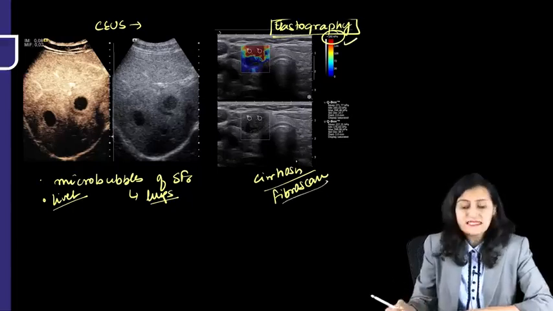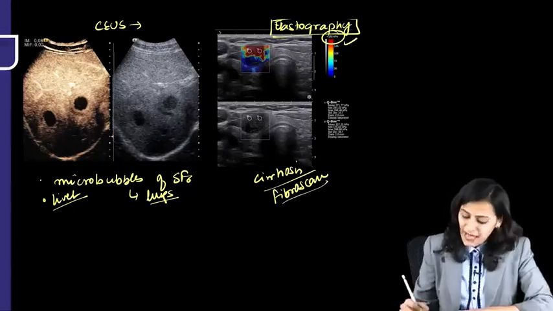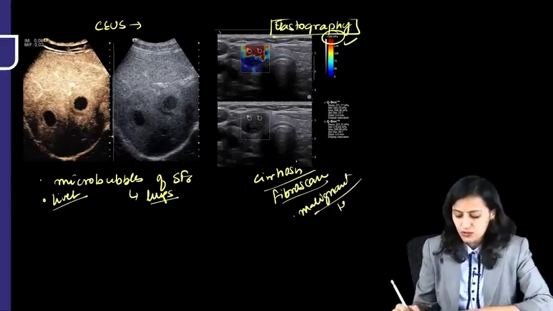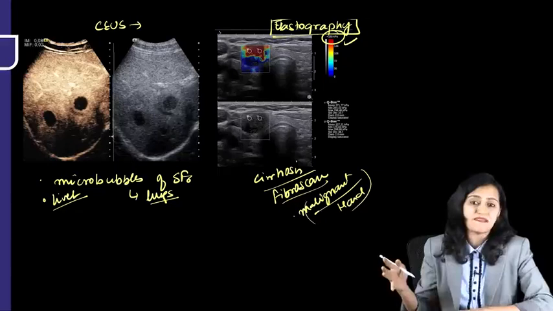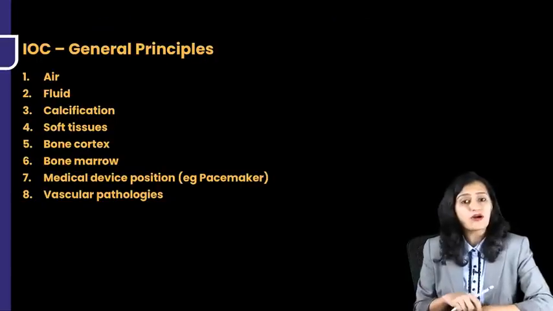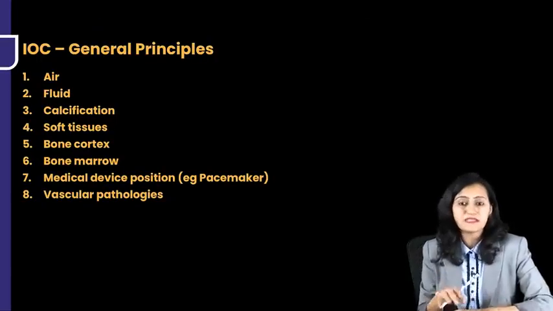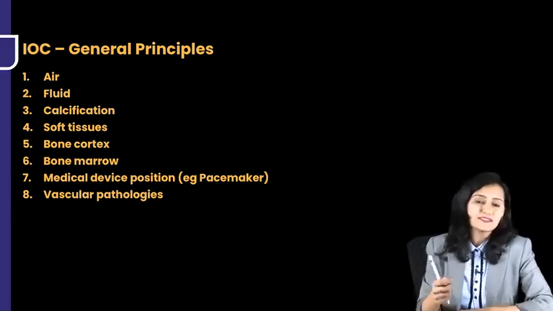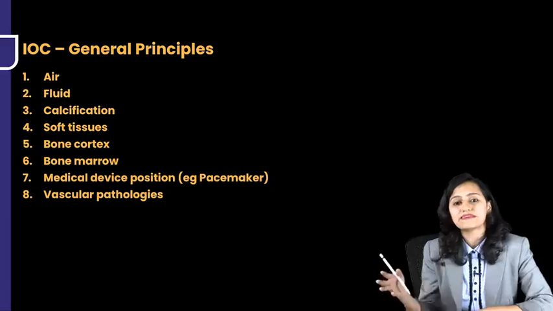So remember, this is elastography. A malignant lesion will be more hard. A benign lesion will be more soft. So that is how it helps us evaluate benign versus malignant. Now coming to the very, very important concept here, the investigation of choice. What are the general principles in answering the questions when you are asked what will be the investigation of choice